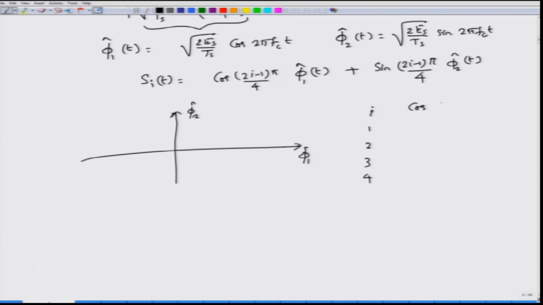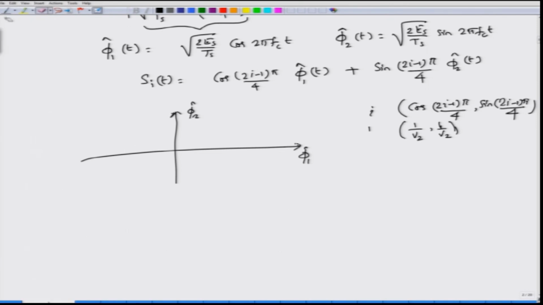So, the corresponding points are cos((2I minus 1) pi by 4) comma sin((2I minus 1) pi by 4). This is the point on the phi 1 phi 2 plane which can represent the different symbols. So, put I equal to 1, you get 2 minus 1 is 1. So, cos pi by 4 and sin pi by 4. So, you get 1 by root 2 and 1 by root 2, whereas if you put I equal to 2,